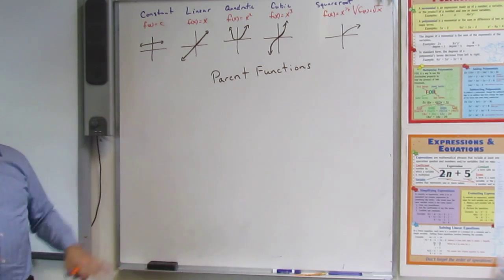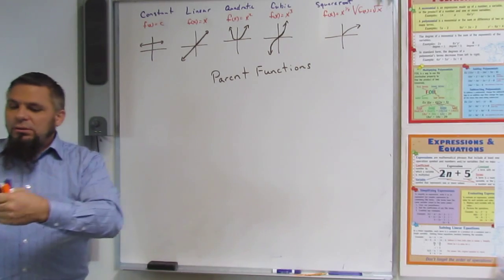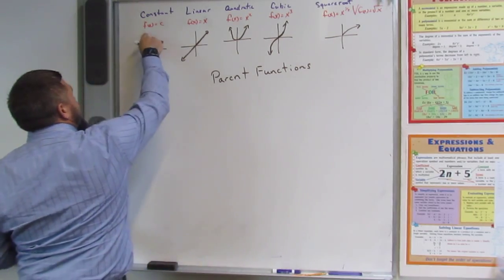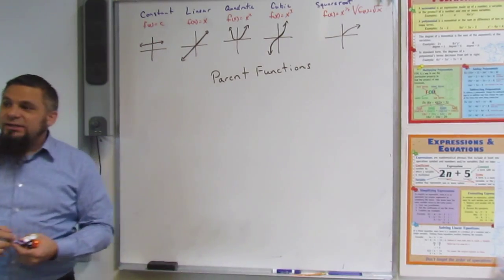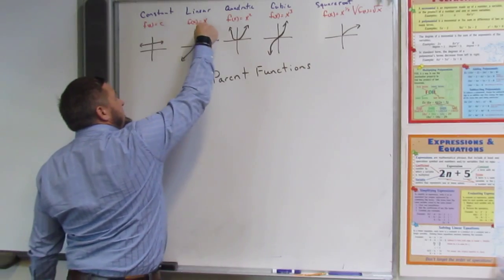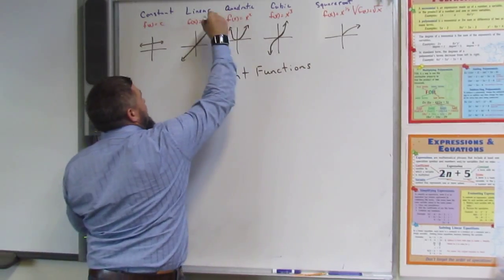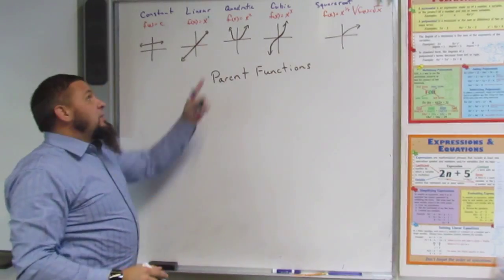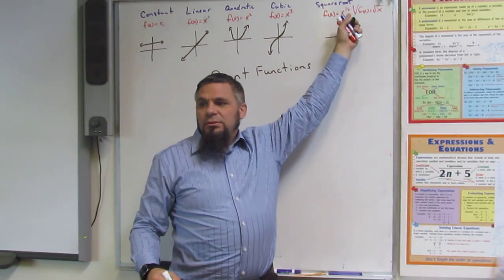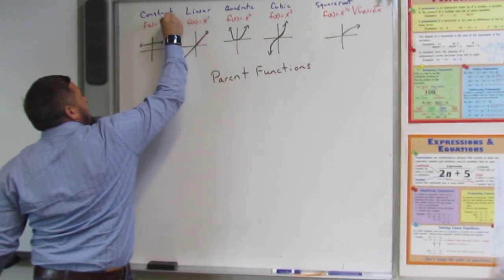With constants, there's no variable. In other words, f of x is equal to c. It doesn't look like there's an x there, right? Here it says f of x is equal to x. If we look at that, it's really x to the 1. This is x squared. This is x cubed. This is x to the 1/2. Okay? This one, there's an x there, but it's to the 0.